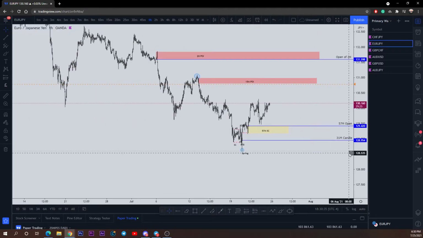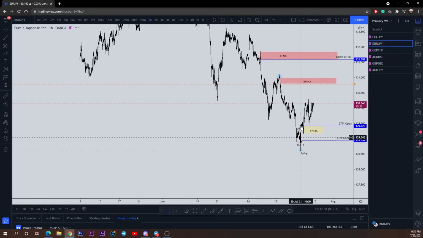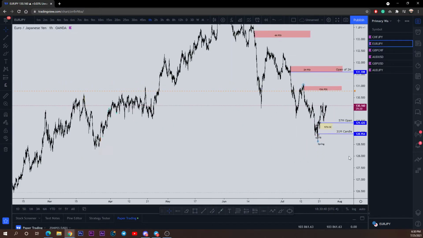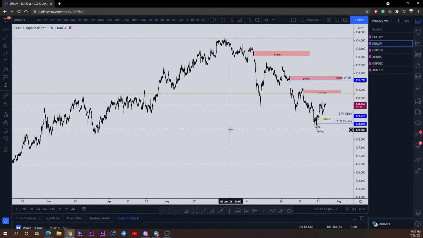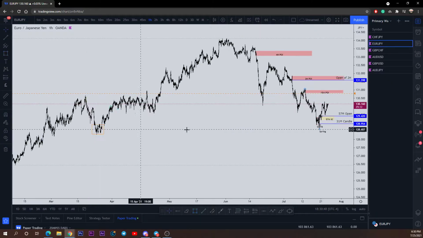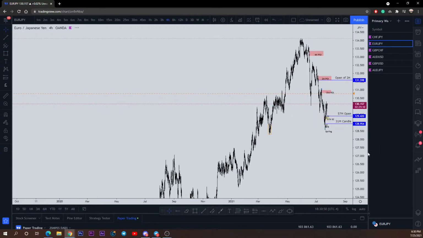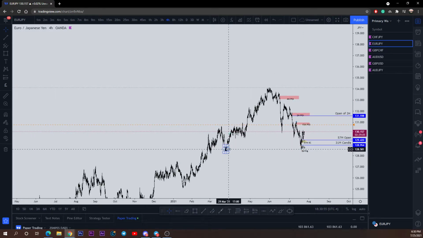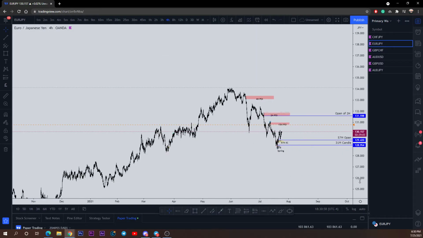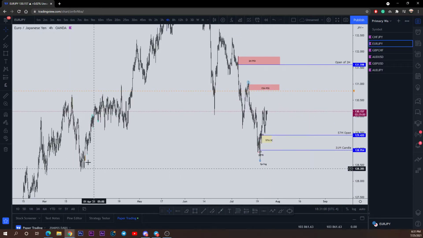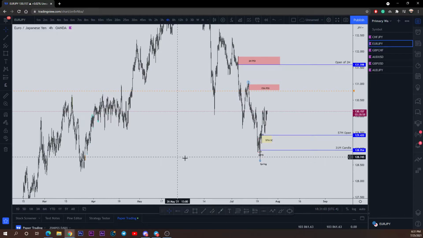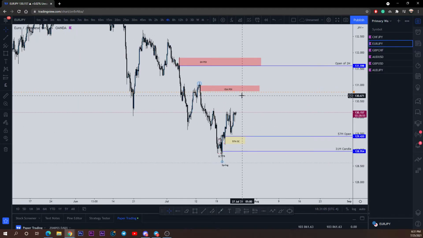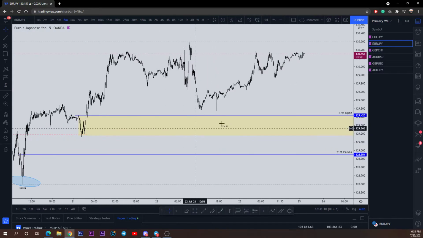Same thing with your JPY. I feel like I'm repeating myself over and over again. Let's see, we had a demand here. I didn't mark out the structure, but I hope you guys can see it. It's from this low to this high. We have demand down here, and the market reacted inside of it with an accumulation. Cool. Only problem is that we did not tap into this